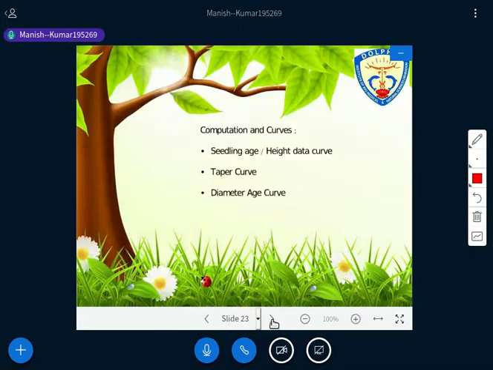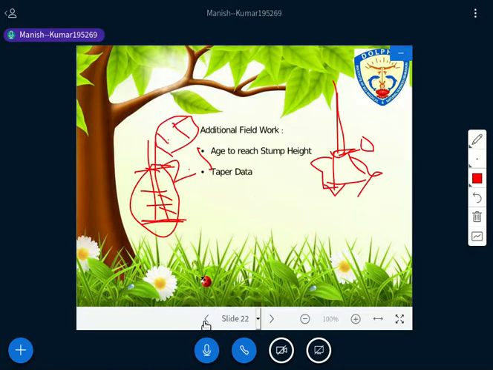Okay, so now we need to collect the taper data. What is the procedure that needs to be followed to collect the taper data? Try to understand the form that you have seen. Whatever data we collect here as taper data, we have to fill in form number 5 that you have seen. So how does the data have to be collected? Listen carefully and try to understand.